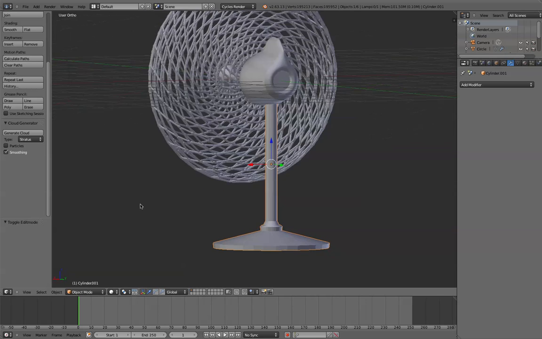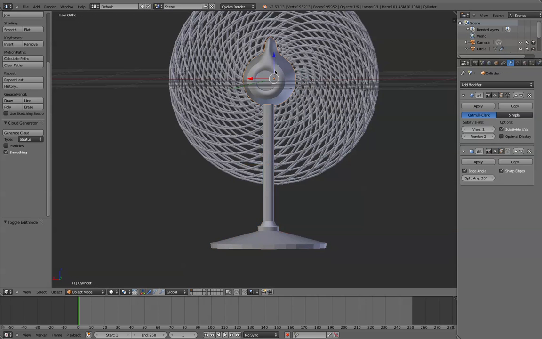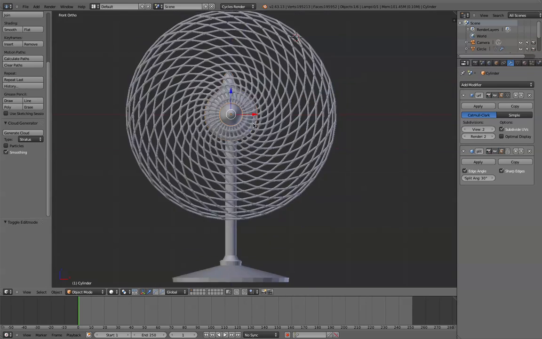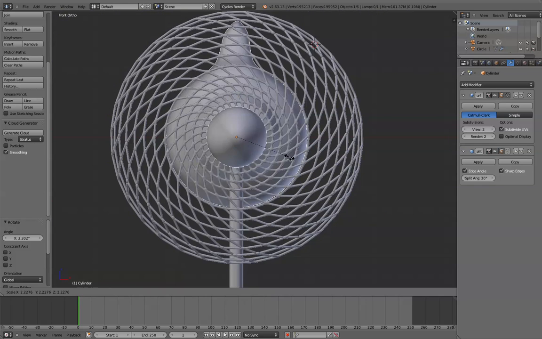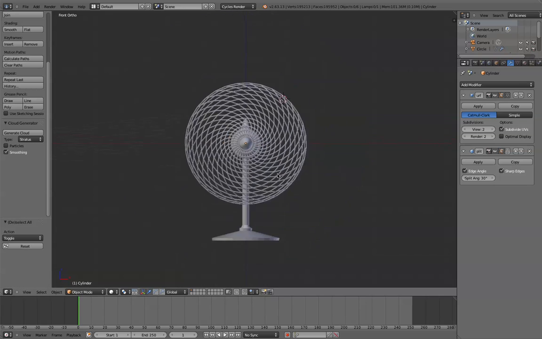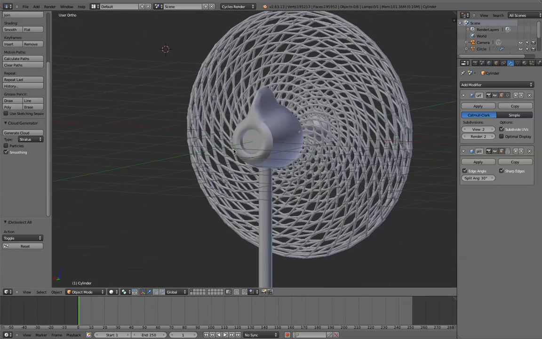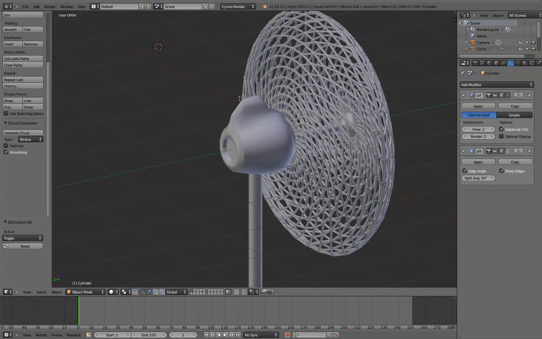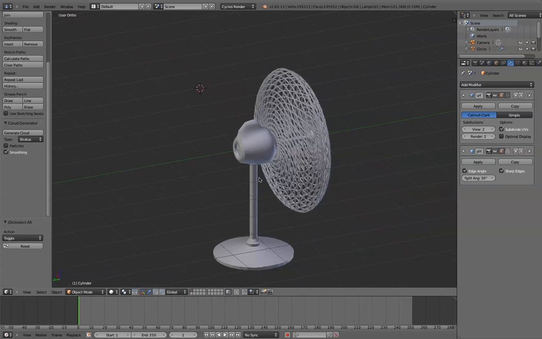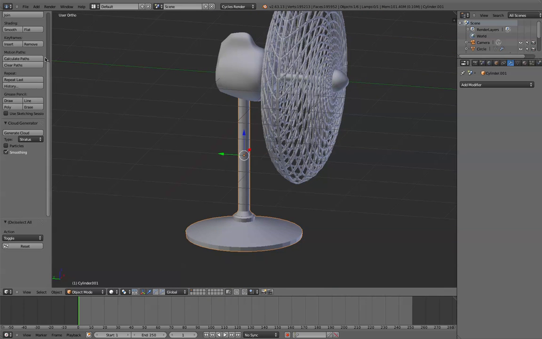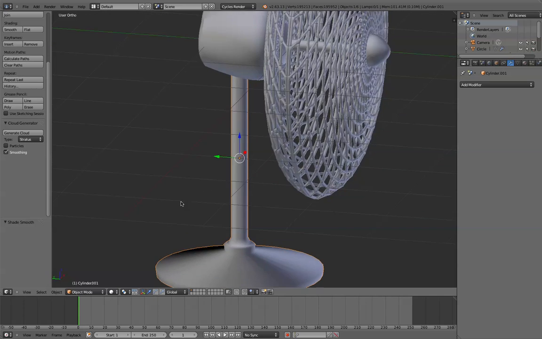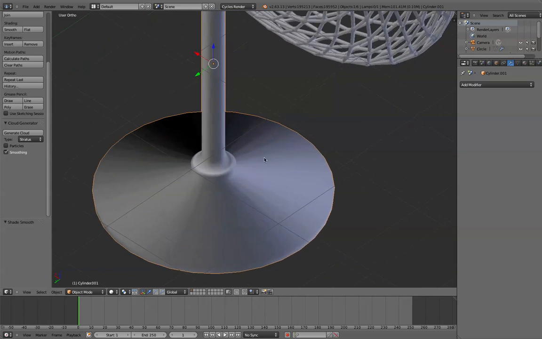I think I made a bit of a mistake up here because I didn't choose something here that was centered, so I'm just going to rotate it a little bit and try and make it a little bit more symmetrical. Though I'm not sure that I am happy with this whole area here. Maybe I'll change it later. Maybe I'll keep it how it is. Who knows? Not me. So I'm just going to smooth that out and